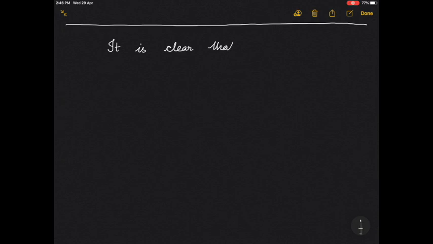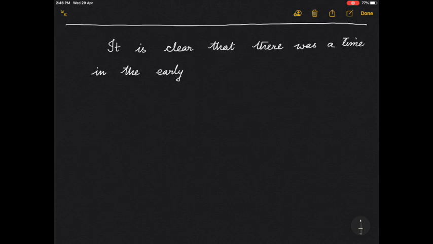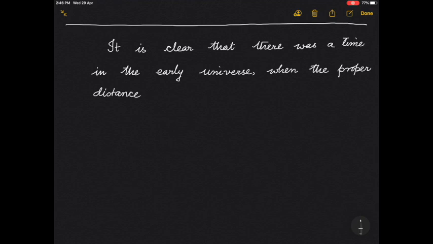It is clear that there was a time in the early universe when the proper distance between 2 points having